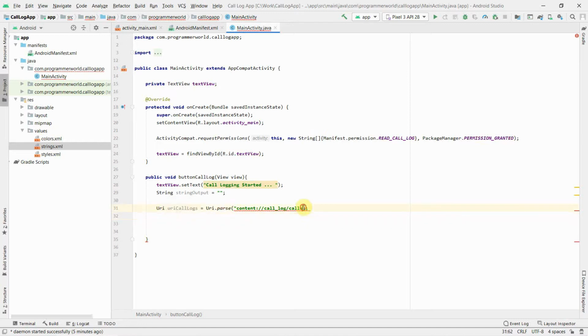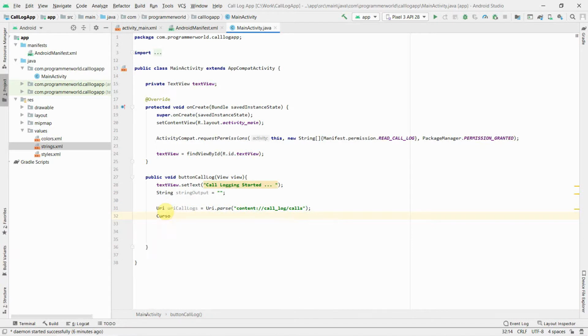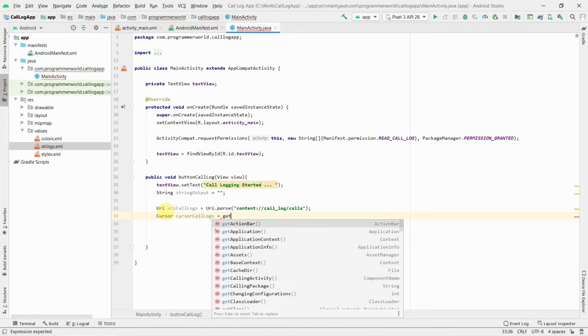Here, I think I forgot to end this inverted comma. No, it looks good, and I think everything looks good. Now what we can do is start with our cursor. So we can have a cursor, which will get the cursor call logs, and this will be nothing but get